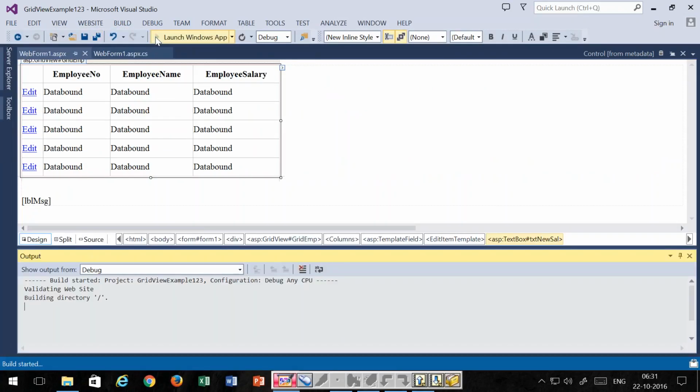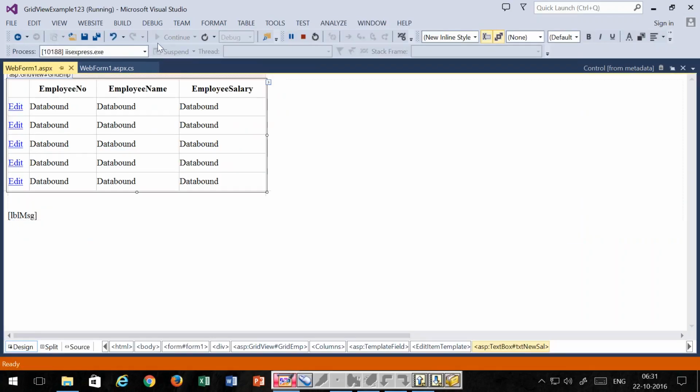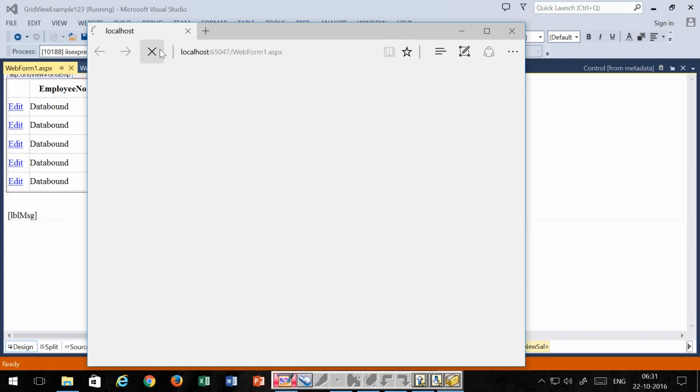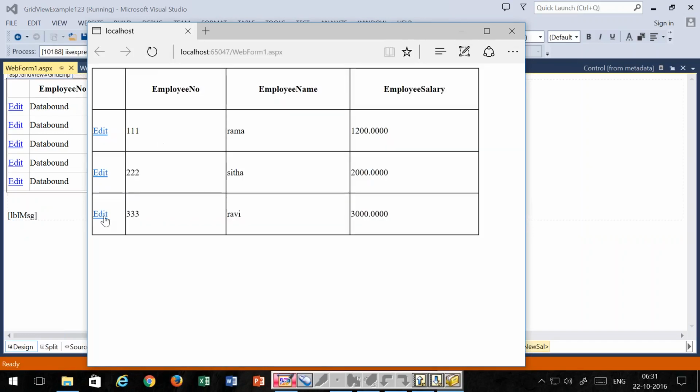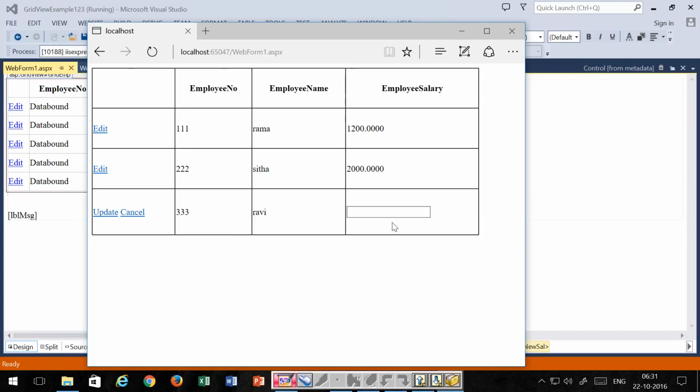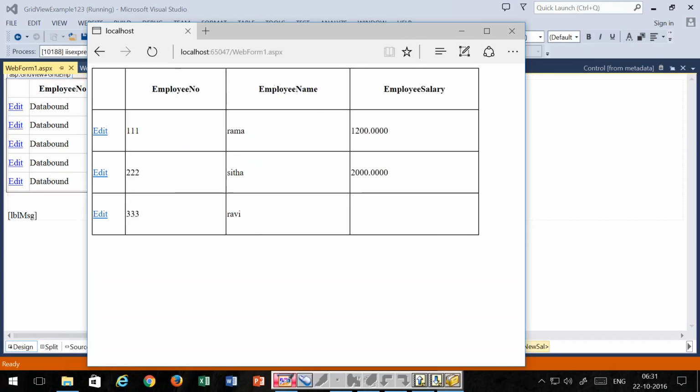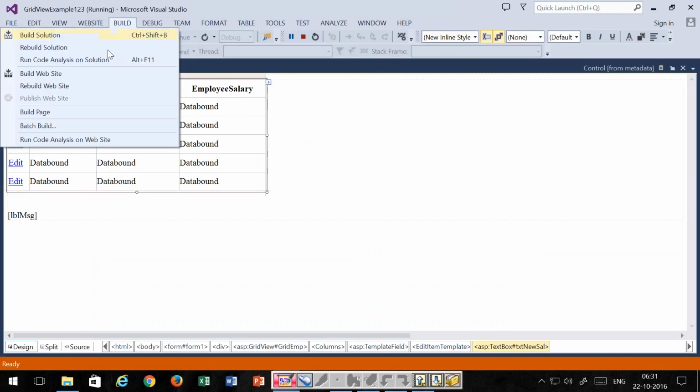Compilation and execution. It's a lot of strain to give class for you, I'm sure. Now you can see, when you click the edit button, it's converting into which mode? Editable mode. I'm clicking cancel. It's coming to normal mode. Now it is in which mode? Normal mode. But actually, the data is-